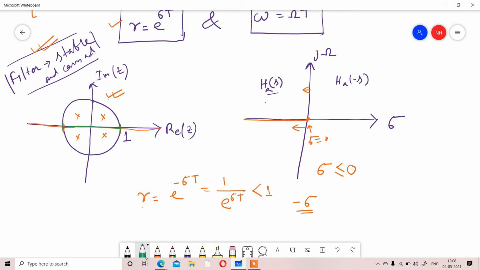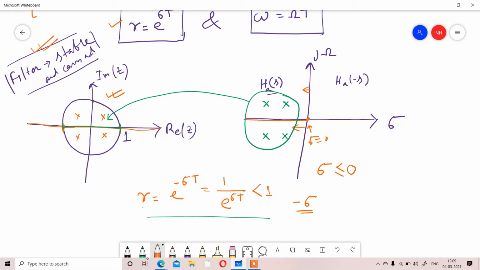Okay, so that means for sigma equal to negative, all the values we are getting are inside the circle. Means if the poles are in the negative side, for those cases we are getting the poles for the z transform inside the circle. Similarly, if we have a pole